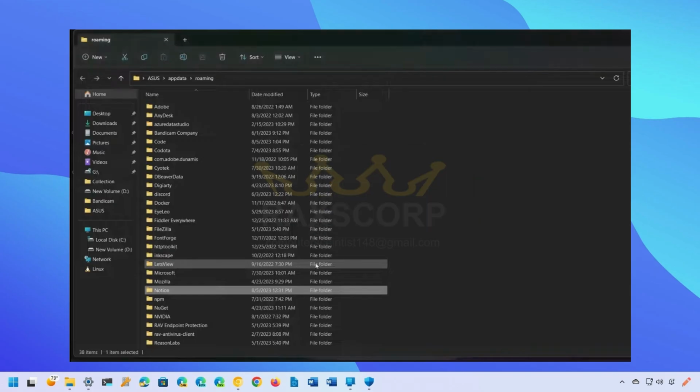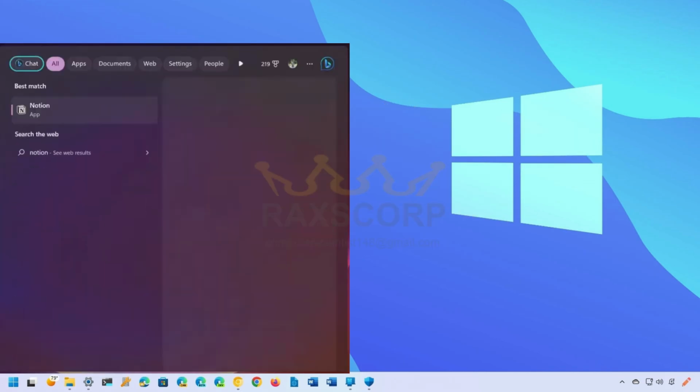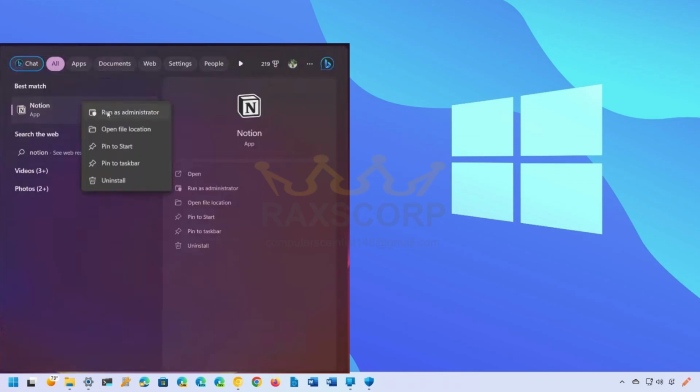Now you need to check again if Notion is fixed. If it isn't fixed, then you need to run Notion as administrator. Run Notion as administrator like this, and if all of those